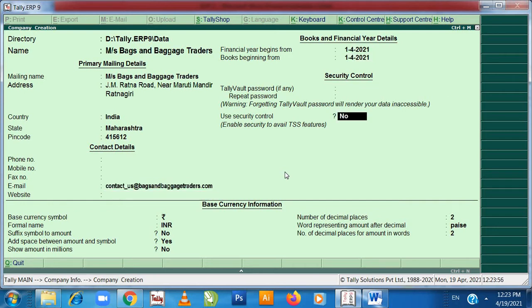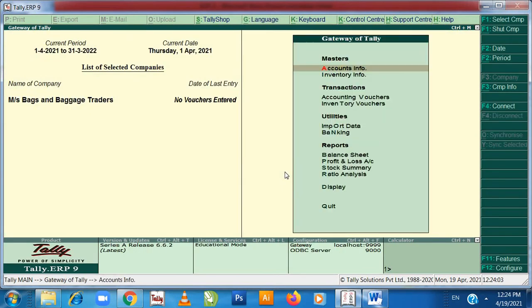Enter. So your company is ready by the name Mrs. Bags and Baggage Traders. Now afterwards, what will be the next step?